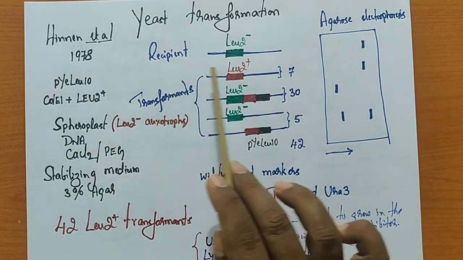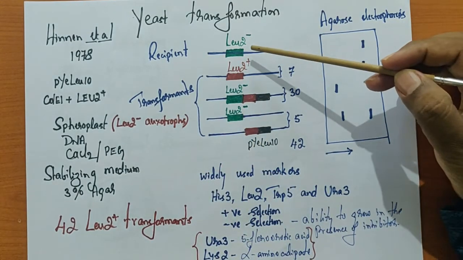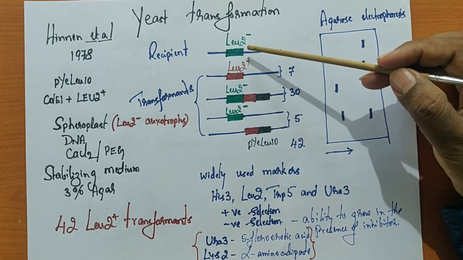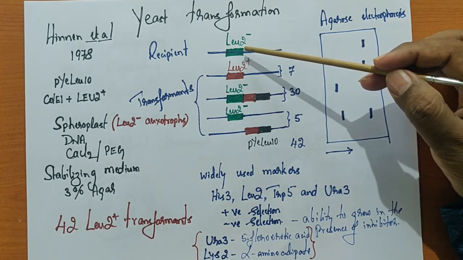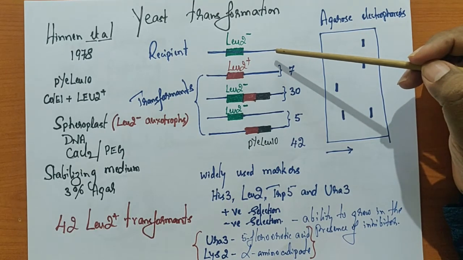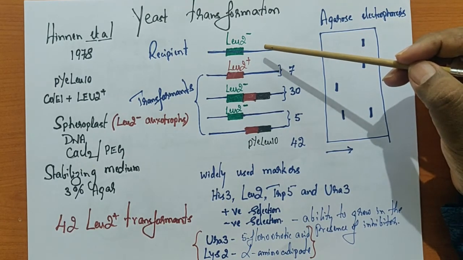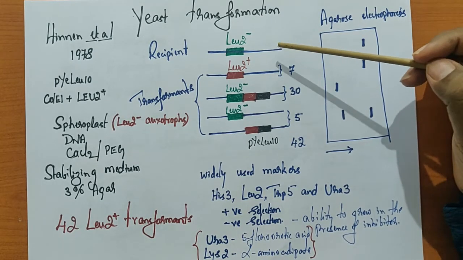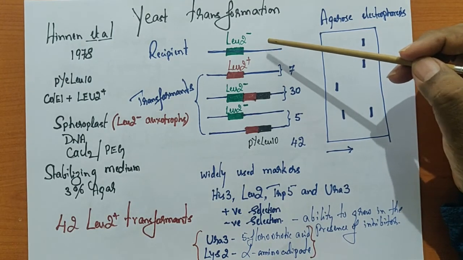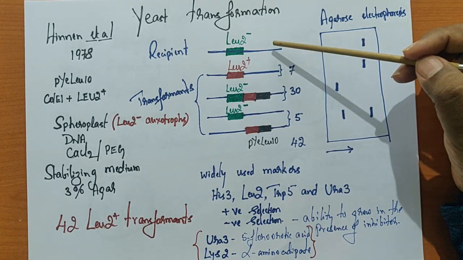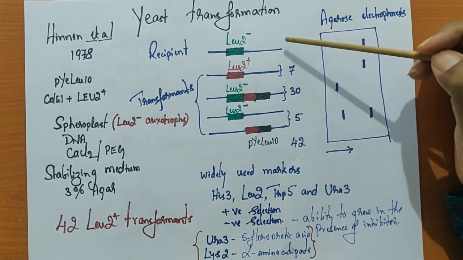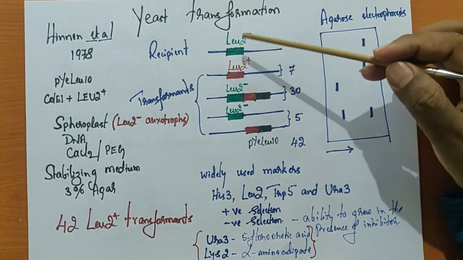This is a recipient. This is an auxotroph in which LEU2 is minus, that means this particular gene is mutated. When this gene is mutated, it no longer synthesizes the essential amino acid leucine. If you grow this recipient in a medium devoid of leucine, it does not grow, because it is unable to synthesize leucine, and leucine is important for survival. Since we have a medium devoid of leucine, none of these spheroplasts grow. So in this case we don't find any growth.